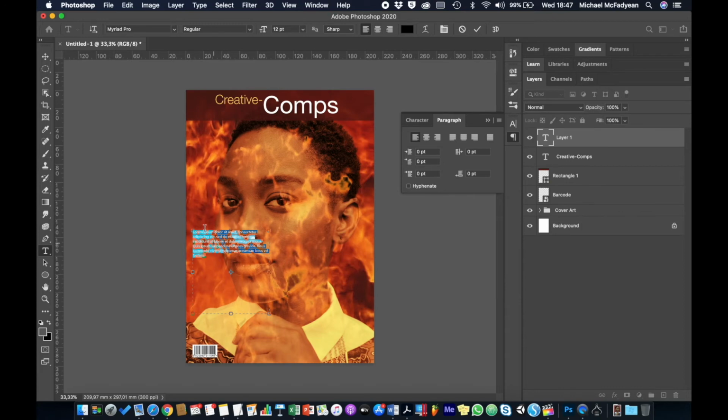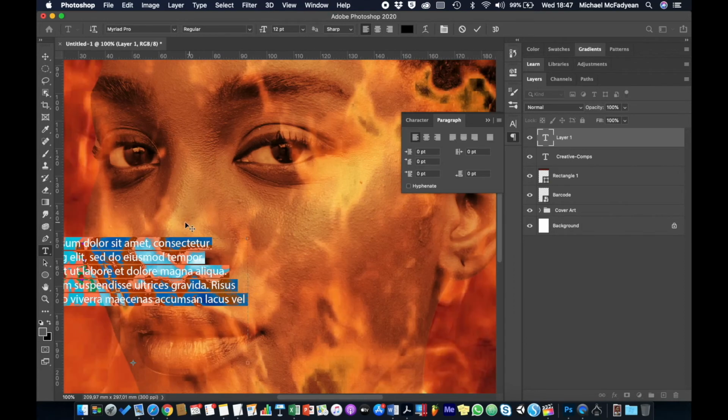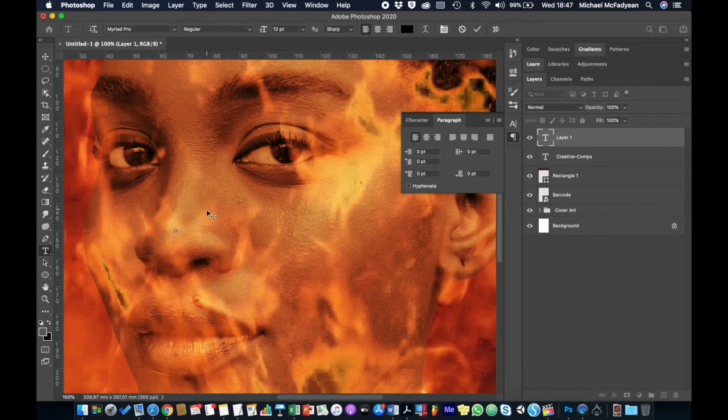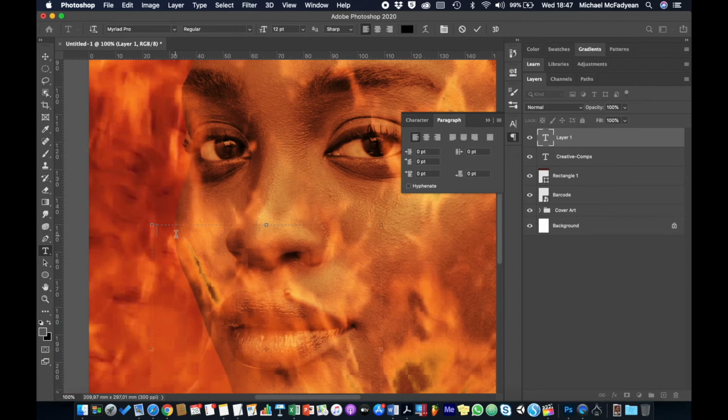And then I'm just going to type in my text here. So let me just zoom in a bit. Okay, so that's one of the things: when you are in your type tool ready to type, the space bar is going to give you a space and not access the hand tool. So just remember that. So I'm just going to type in here